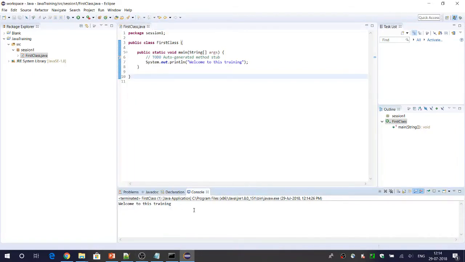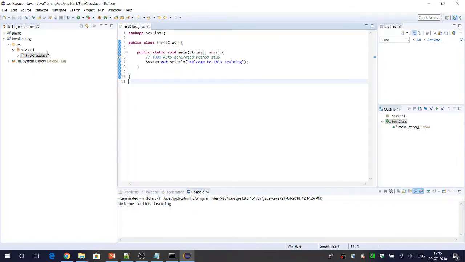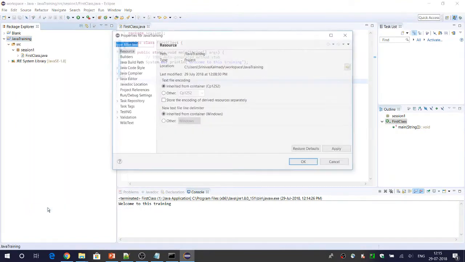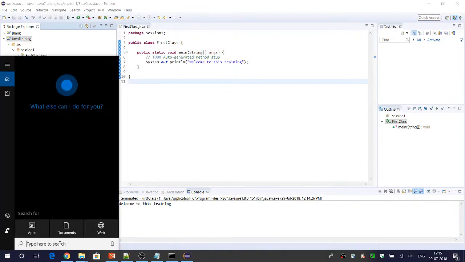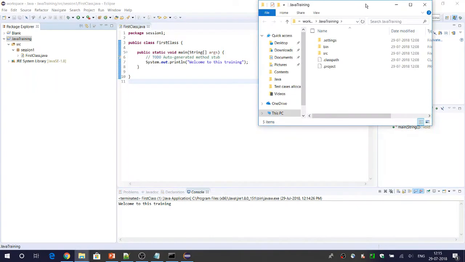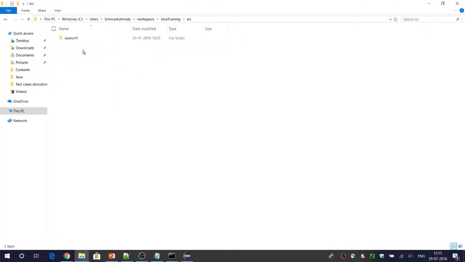So all these things happened. Now let us see where this dot class is available. To see that, just go to Java training, this particular folder. I will go and find where that is available. When I have come to src session 1, I can see the source code that is having .java extension. Now I'll go back one step and go to bin, and I can expand the package, and I can see here